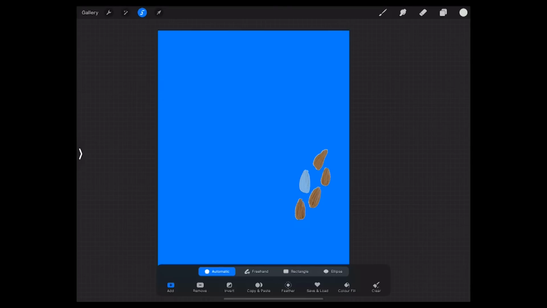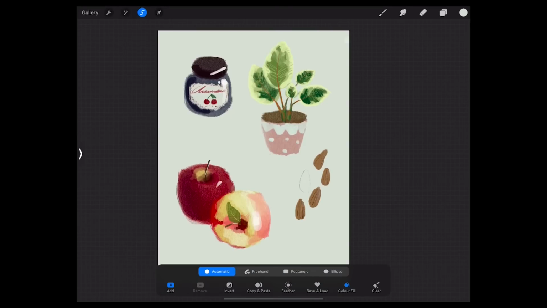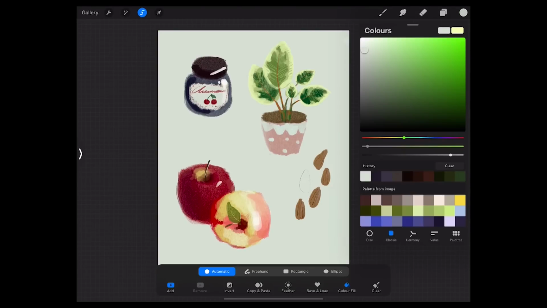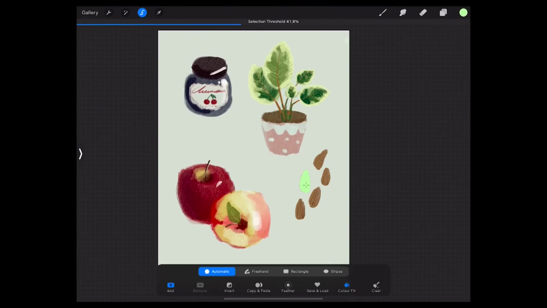So let's take a look at color fill. Let's tap on it, and you see that the area that was selected is filled with the color. Also we can clear, and you see that this area cleared. But we can again tap on our screen, select the area once again, and we can again fill this area